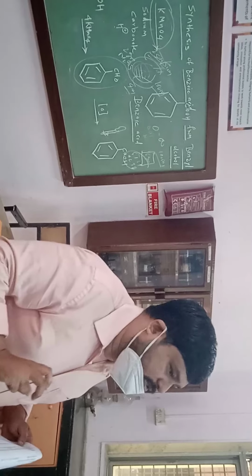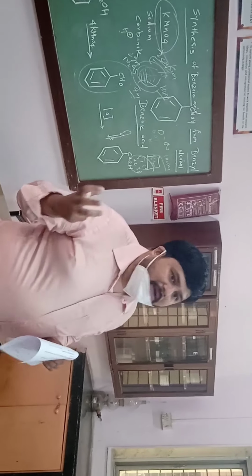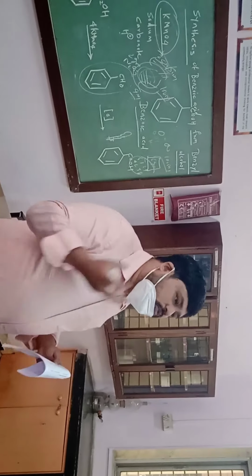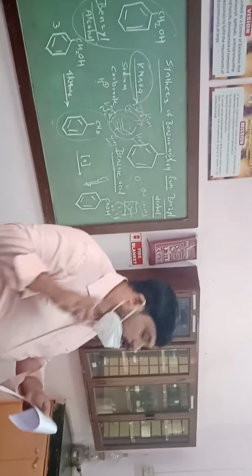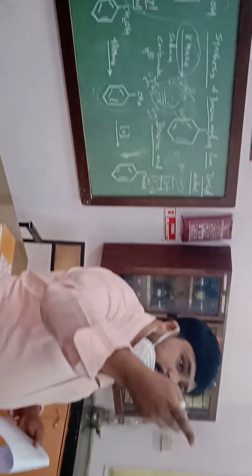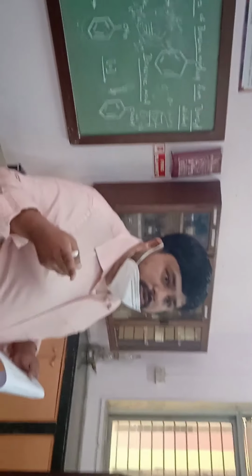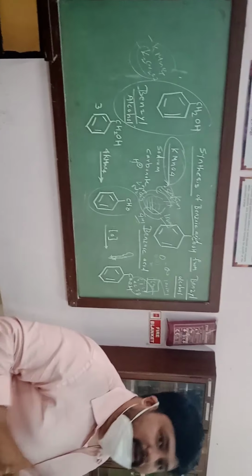Add 2 gram of sodium carbonate. So again, weigh it on the electronic balance. You weigh 2 gram of sodium carbonate. This is our part 1. Then we'll go for reflux. So all of you, one by one, follow the instructions. Then we'll go for reflux. What is a reflux? That I will explain. I will show you.